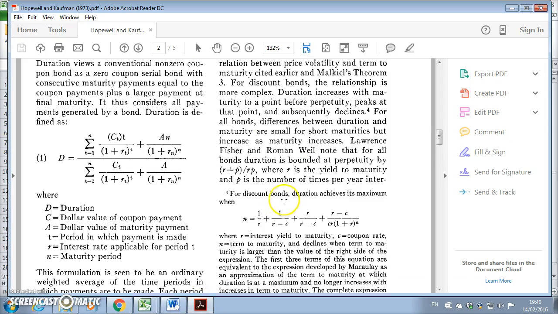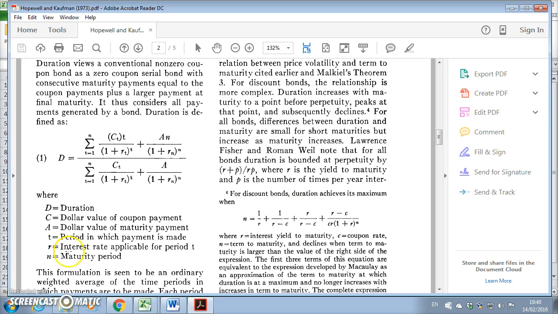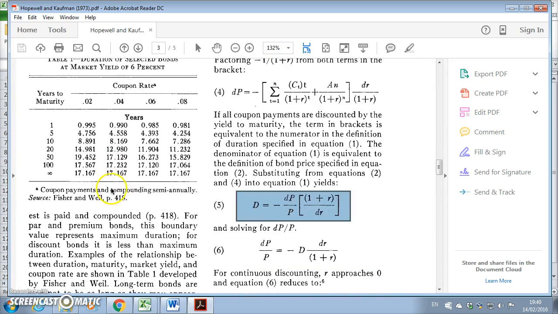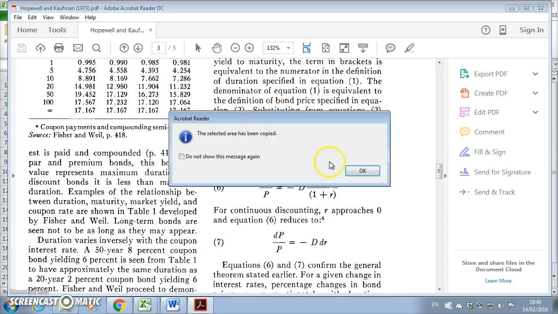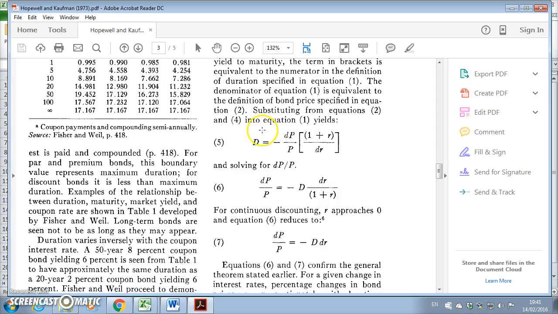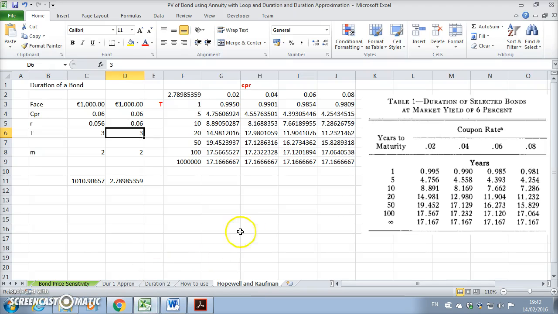Okay, so if we look at duration, obviously it's measured in this, the traditional format that we're typically familiar with when we're trying to estimate duration. However, Hopewell and Kaufman have used this type of construction in order to estimate duration. Okay, so if we go back into our spreadsheet for a moment,